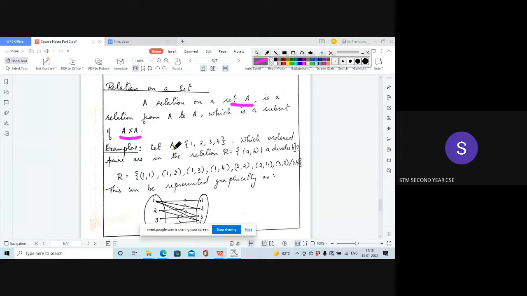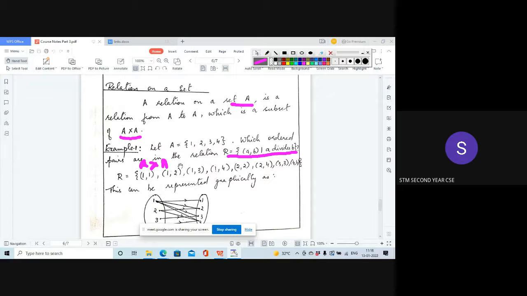So if A is equal to {1, 2, 3, 4}, then yesterday we had solved this. If R is a relation defined on A such that a divides b, then looking at this set itself, we will be able to write it down. For the first step, what you should do is write A cross A. Once you are given a set A, the first step is to write A cross A and find out the elements that satisfy the a divides b relation. So that is the usual step.